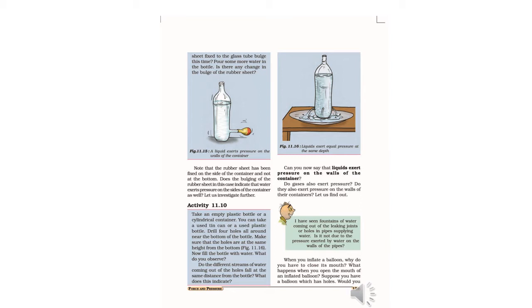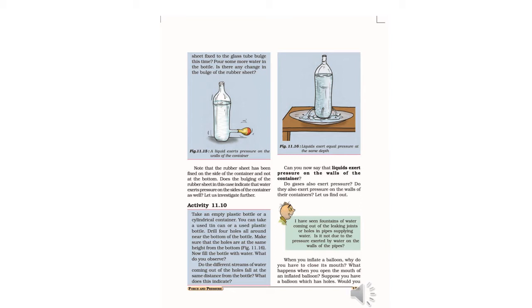So whether they are coming from the same height, and what you understand from this? Yes, so water coming out from all the holes falls at the same distance from the base of the bottle. So what conclusion can you draw? Streams of water that come out horizontally from all the 4 holes fall at the same distance from the base of the bottle. This indicates that liquid exerts pressure equally at the same depth from the open surface of